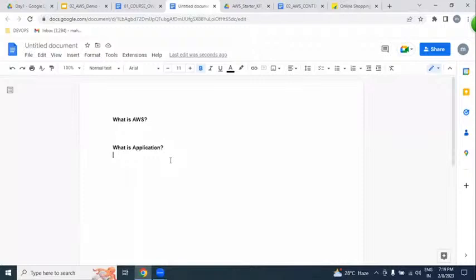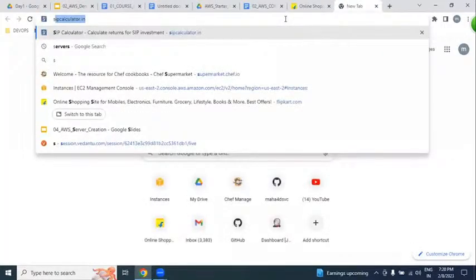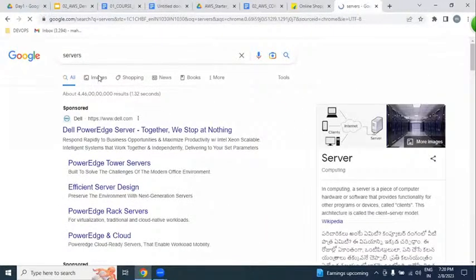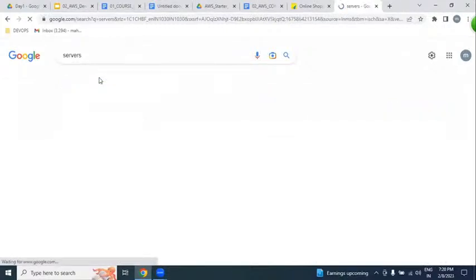That application is going to be placed on servers. So the working software as an application is going to be placed on hundreds of servers.